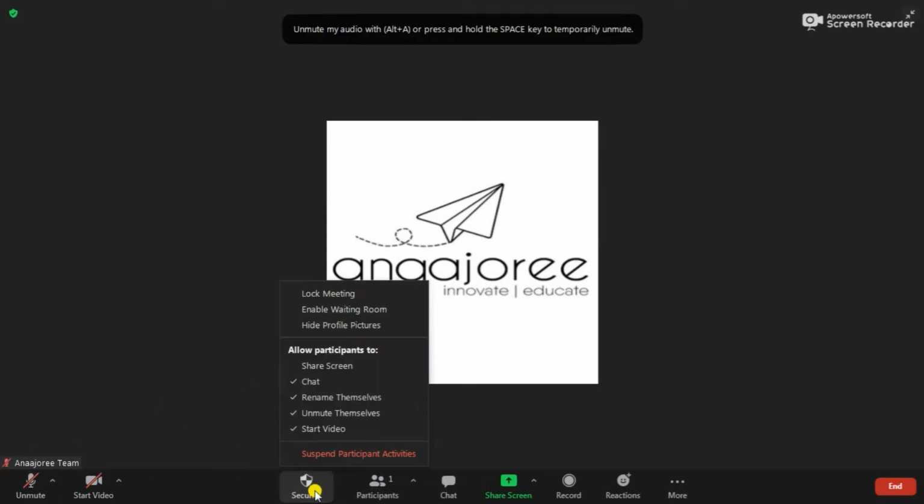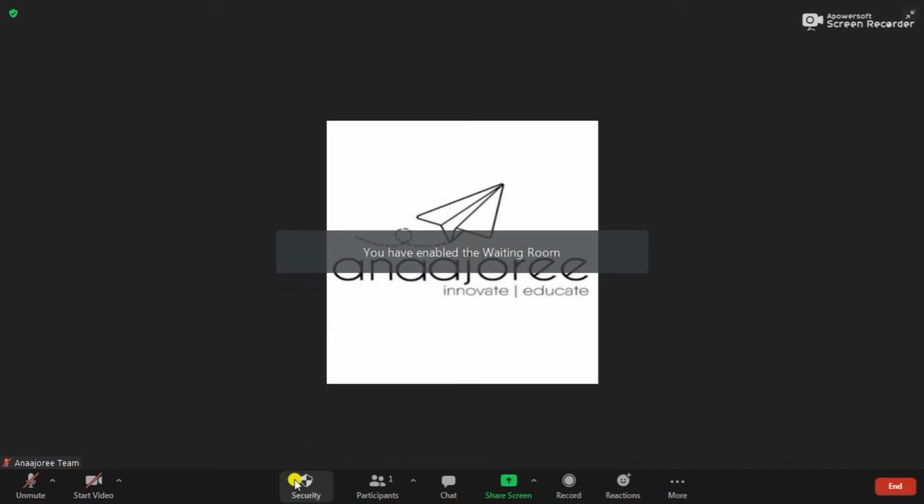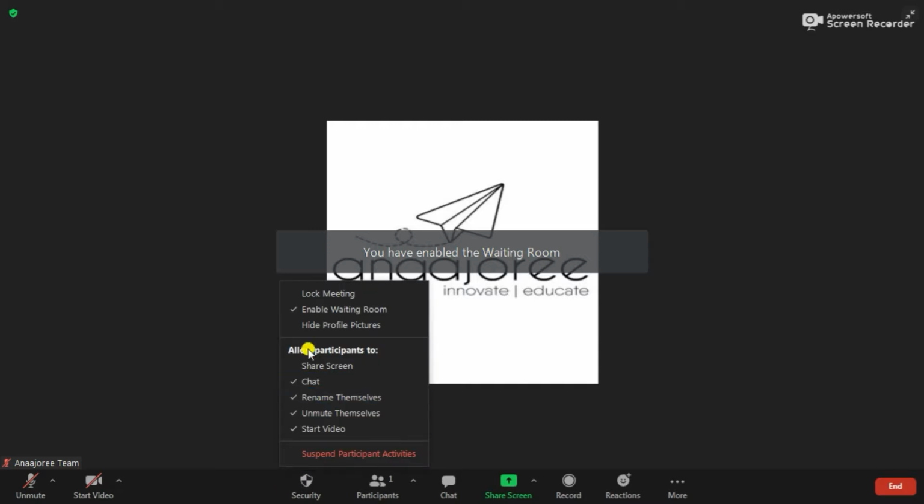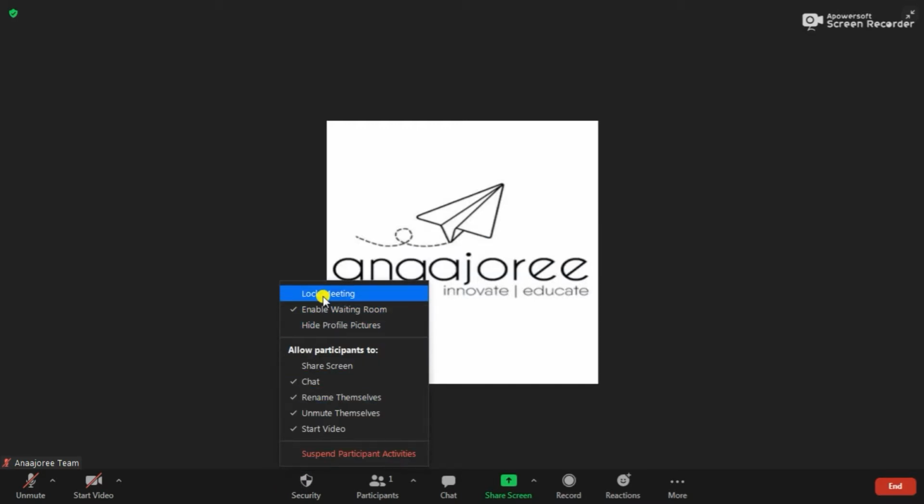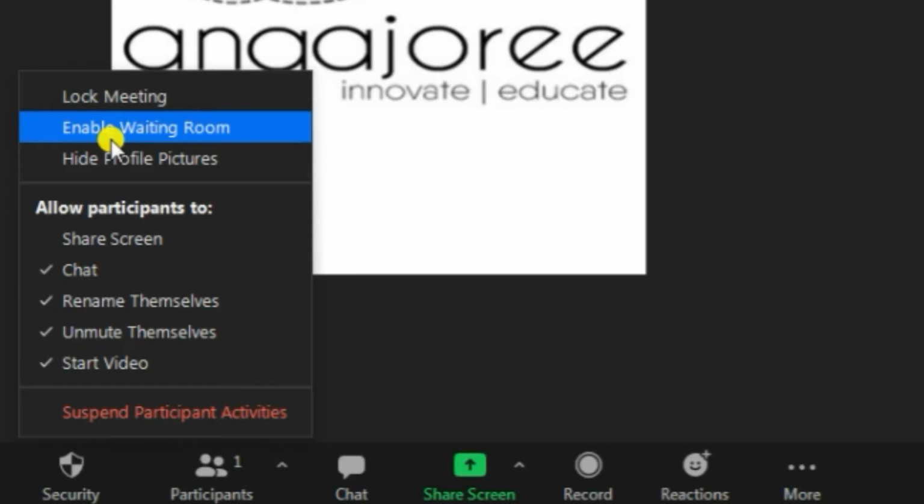So here you can see in the security option so many options are available. You can see lock meeting, then enable waiting room. So these are the lock meeting, which means when you lock the meeting, after that no one can join the meeting. And then